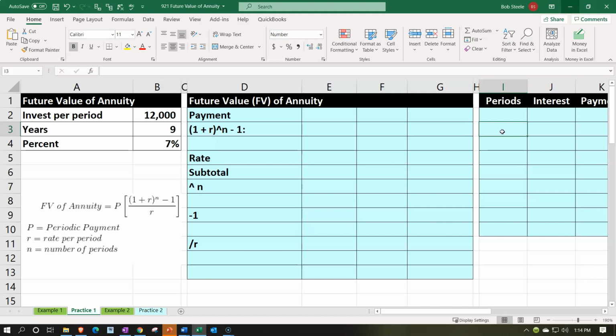So we have the future value of an annuity information up top. The investment per period, we're saying that it is an annuity, so we're putting $12,000 in. So we're thinking if I continue to do that for 9 years, 9 periods, the periods being years in this case, and use a percentage rate of 7%,